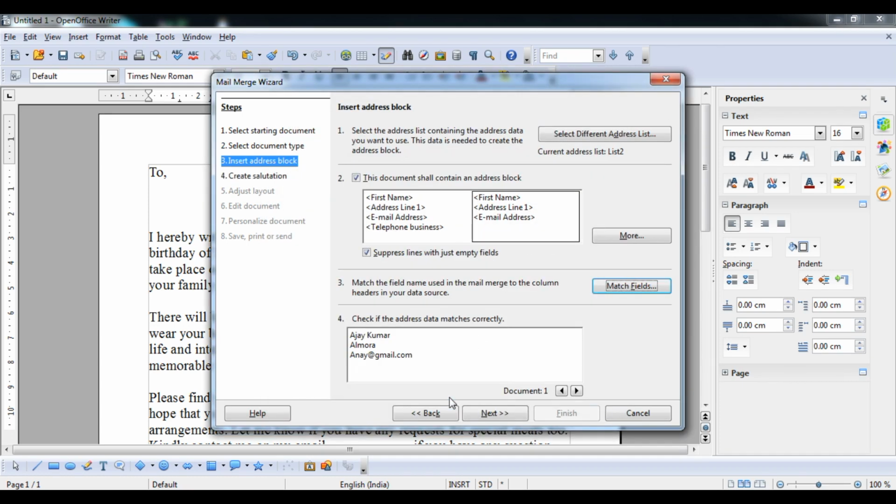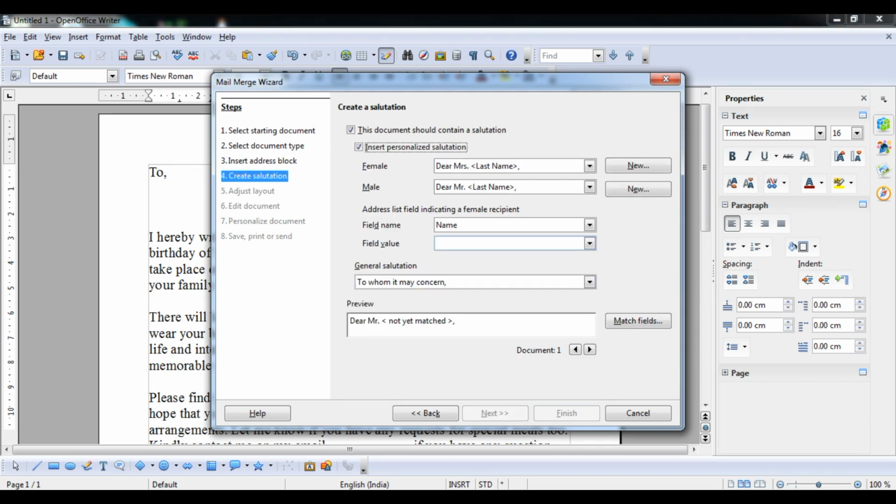Now press OK student. Then after that you can see data has come like this, and then next option.